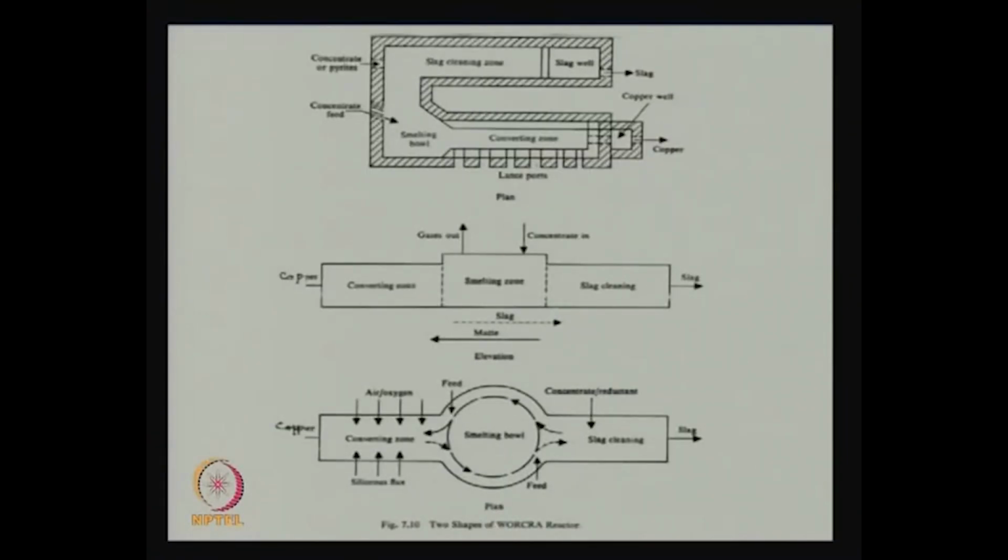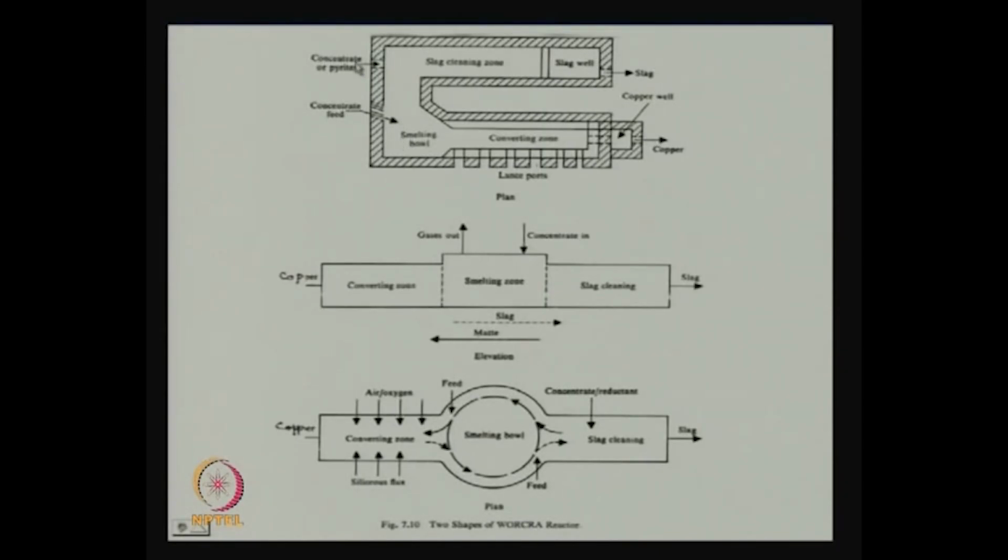Here are two designs of worker furnace. One is a U-shaped design, the other is a straight design. Now, in this design basically there is a smelting bowl. This smelting bowl is where we are combining roasting and smelting of the concentrate, and the matte that is being produced is moving in this direction. How it is made to move, I will come to that, and the slag is made to move to that